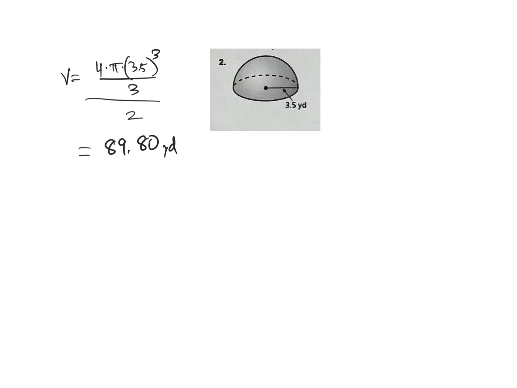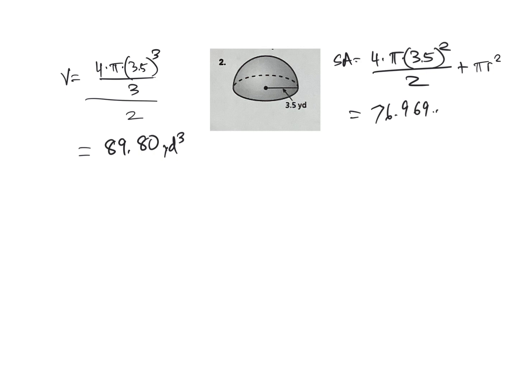89.80 cubic yards. Surface area is 4 times pi times the radius squared, and then we're going to divide by 2 because it's a hemisphere, right? But we also have to add the surface of the bottom of this shape, which is a circle, pi r squared. Okay, so what do we get? 3.5 squared times pi times 4, and then we divide by 2, all right, and that number is